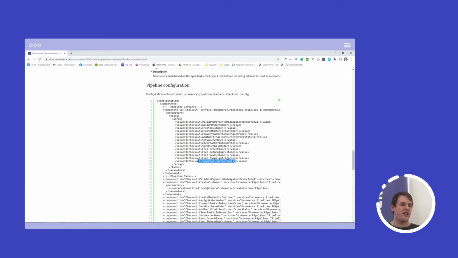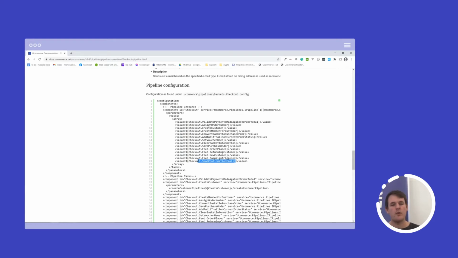So those are the different steps involved in the checkout pipeline, to change the basket to an actual order by setting up the right order status and sending a confirmation email. Now the customer has successfully placed an order and can be shown the order confirmation page. All this happens internally in UCommerce, so you don't have to care about executing the checkout pipeline. You just have to care about what it does, and change it if you're not happy with it. And that's what we're going to look at now: how you can change pipelines in UCommerce.